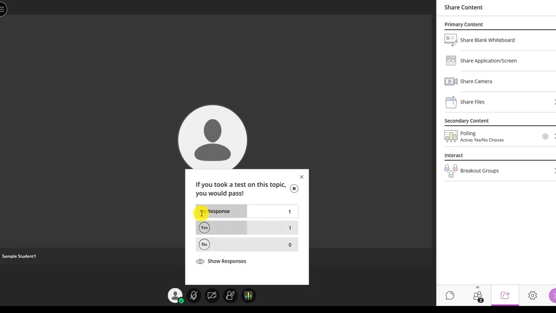Now, within Ultra, you are also counted in the poll, so you have to vote as well, or know that you're going to have one left over because that is going to be you that hasn't voted yet. And then if you want to show everyone the responses, you choose Show Responses. And again, you'll have a nice little graph. There's only one person in this course, and they are the only ones that answered. But you would have a nice little graph of